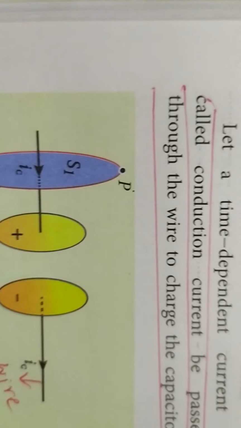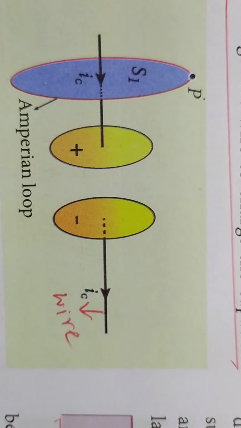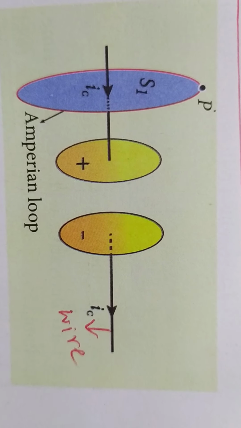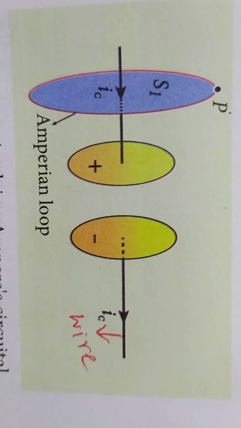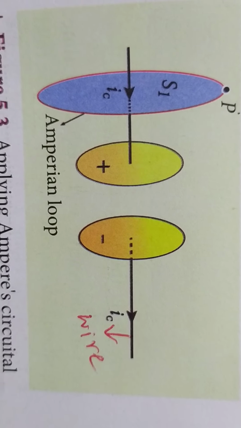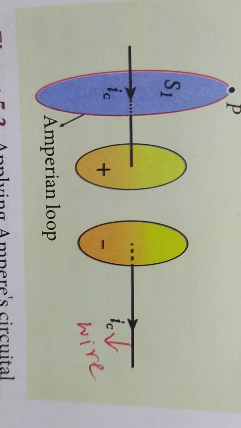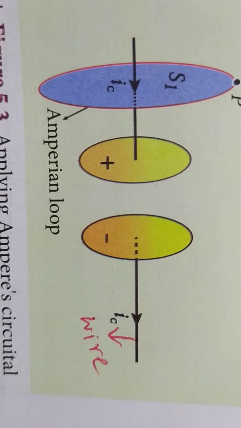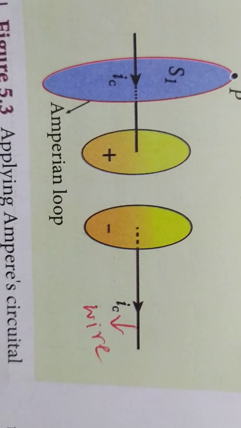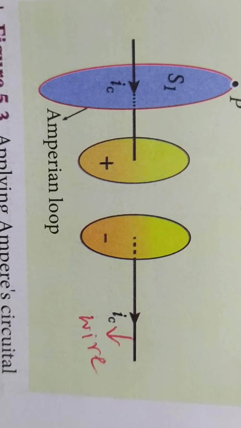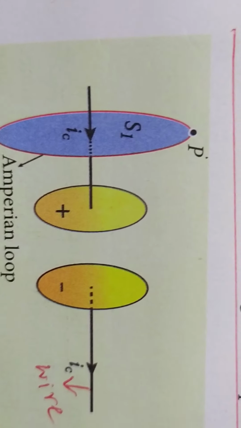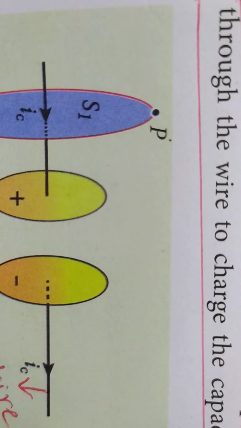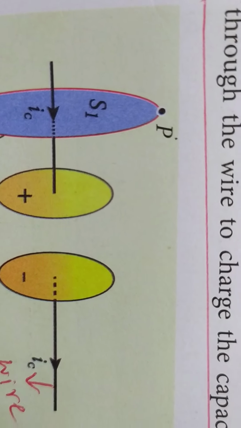And for that you consider a wire which is shown in the diagram. The wire carries a current, and the positive plate and negative plate of the capacitor are given, and this is shown by the loop. So this yellow region just represents a capacitor, and when current passes through this, the capacitor gets charged. And here we have to find out what the magnetic field is at the point P, which is outside the